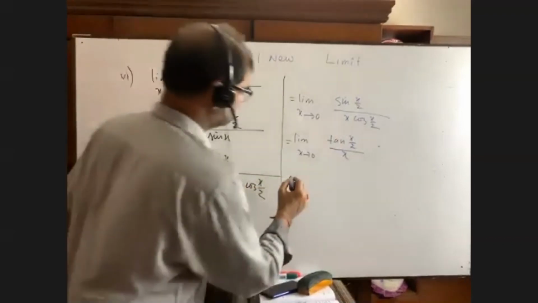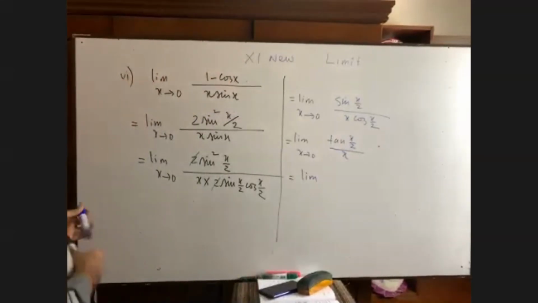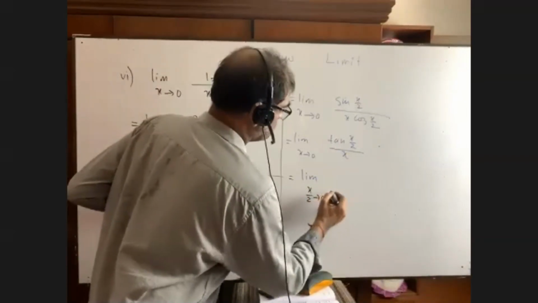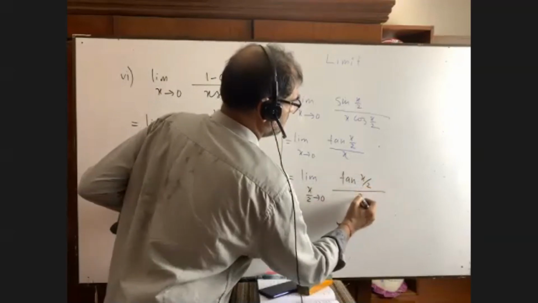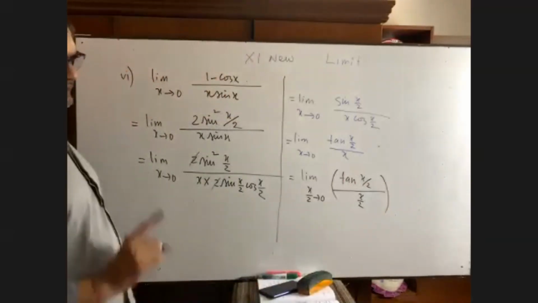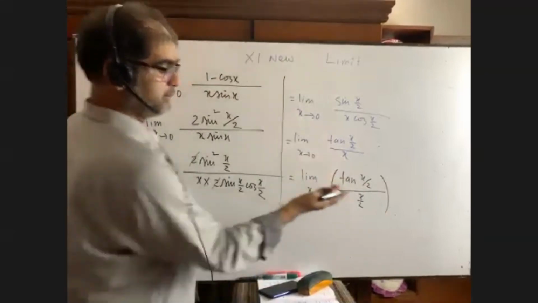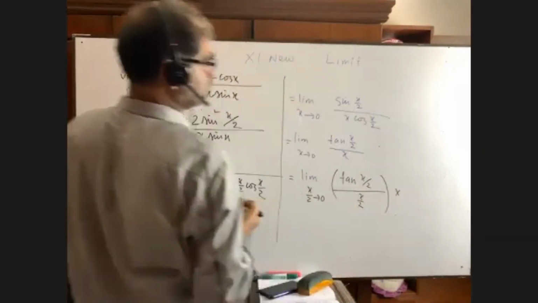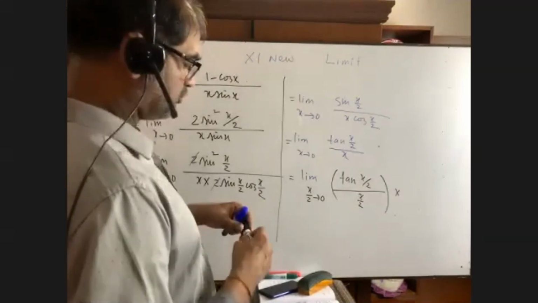Make your life easy. What is theta here? Can you tell me please, what is theta here? X by 2. So write down theta, tan theta. This is tan theta, this is theta. Tan theta by theta. Now you see, we don't have 2 here. So if it is taken to the numerator, then what will be? Can you please let me know? Into half. Are you getting it?